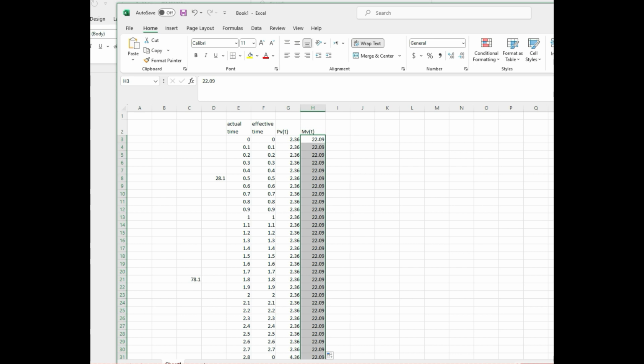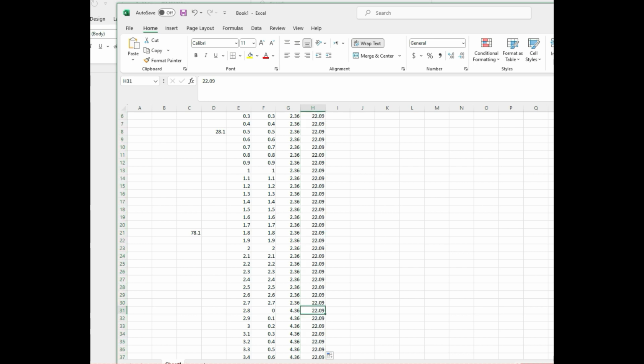Until where? Until the effective time of the lower limit of the first interval, which is here. Now from here and so on, I will start taking the effective time plus,